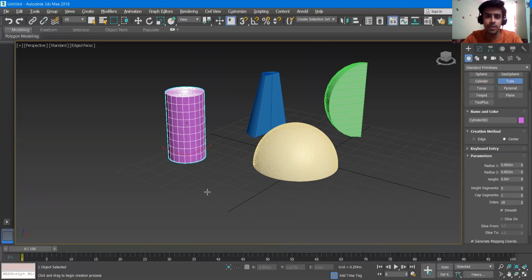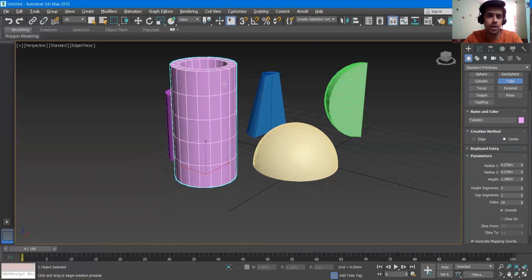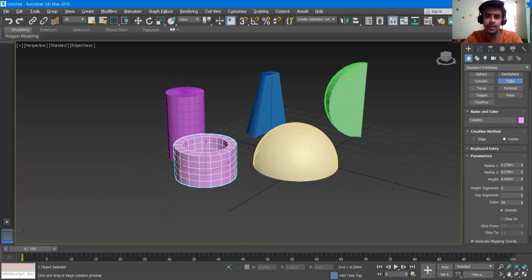Okay, we'll go to the tube. If I drag my mouse, it will ask me for the diameter. If I release the mouse and go in and out, it will be the outer or inner radius, whatever you want. If I go out and click, and then move my mouse up and down, it will ask me for the height. Then I click again to end the command, and the tube will be done.